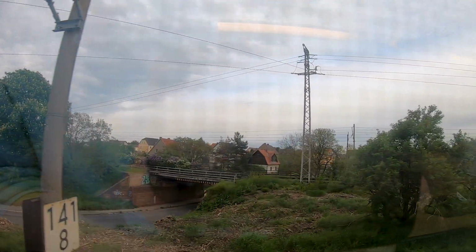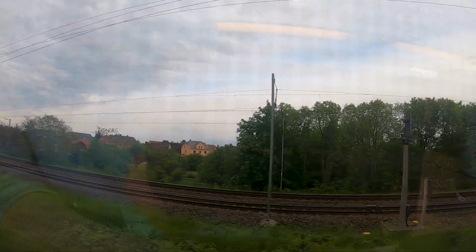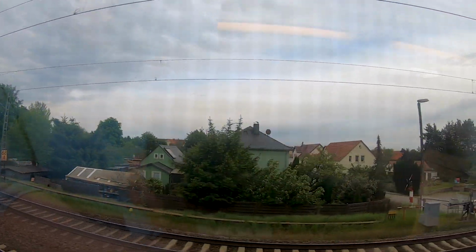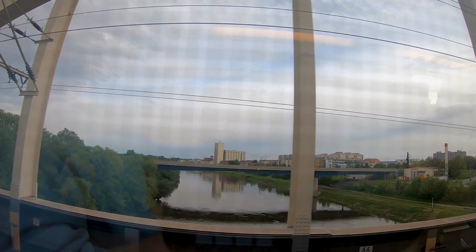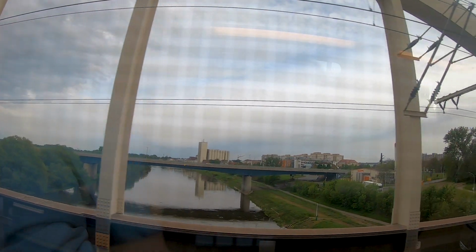In Riesa you do now have connection to other long-distance trains in the direction of Leipzig or Dresden. And in Germany, if there has been a new route for a train, if they have to use a diversion, usually there is a bit more time planned than you actually need, just in case. So it might happen that you arrive like 2 or 3 minutes even ahead of schedule at the station, but